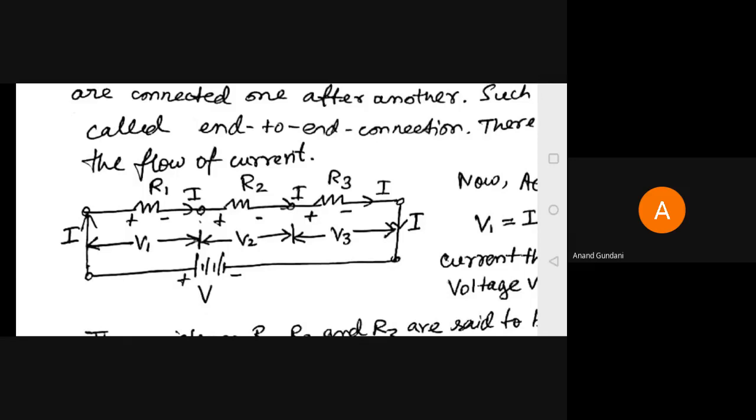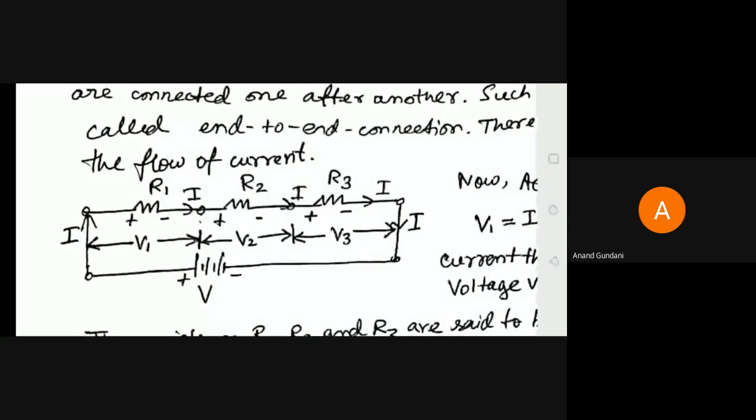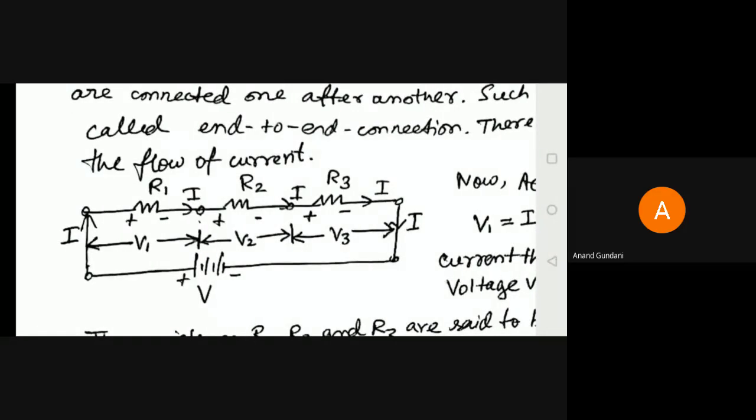Now, as we move on to the parallel circuit, this will be just the opposite. We'll see that. Till now, the current is the same in a series circuit. The same current flows through if it is a series circuit. Just pin it in your brain that it is like this.